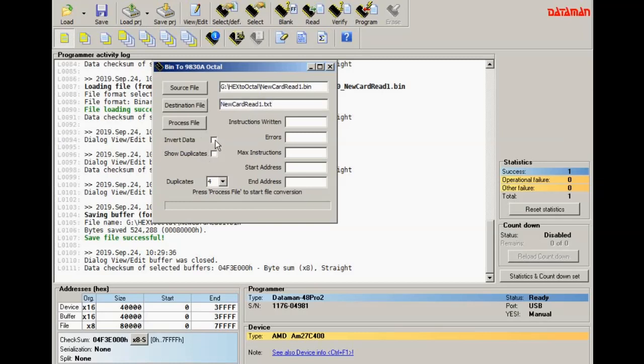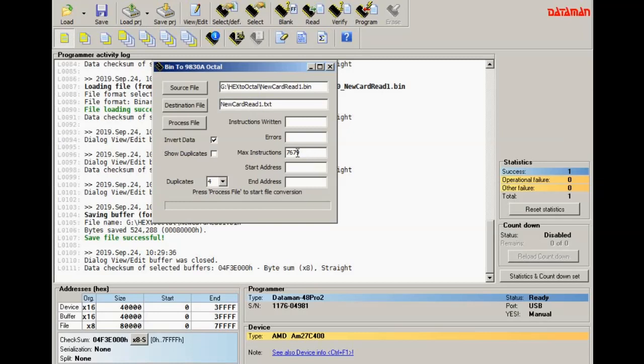But I want to invert the data because the data that we got out of the ROM card, if you recall, is inverted. So we need to make sure that we re-invert that to get it back into the format that we want to compare, because that's what was used by the emulator and it's what we obtained this data from in the first place. Also, because we read the entire address space, because obviously the programmer thinks that the card is actually a big EEPROM, we need to limit the number of instructions to the number of instructions that we expect. This will actually be incorrect. I'll come back to this in a few minutes, but